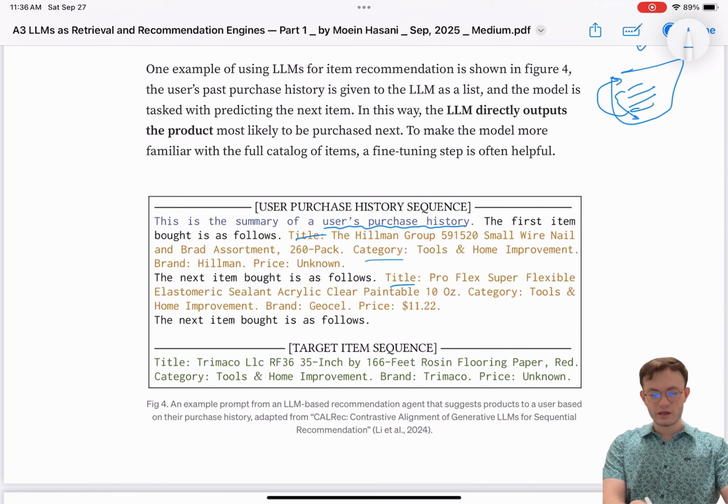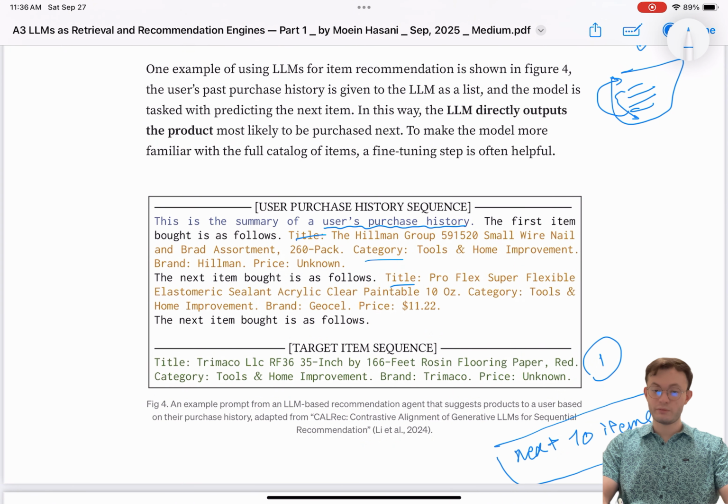And then we can get that, pass it back to the LLM and ask for the next one, or instead of asking for only one item, we ask for, for example, the next 10 items the user will purchase. And because it's an LLM, by changing the prompt you can do a lot, right? You can tell the LLM, hey, return the next 10 items to me, but also rank them. So, the ranked next 10 items that the user will purchase. In a way, it will look at your whole database, all the items that are possible, and return the next 10 ranked items.